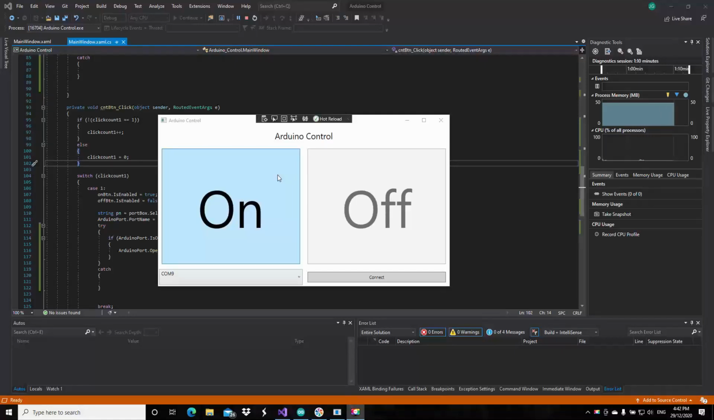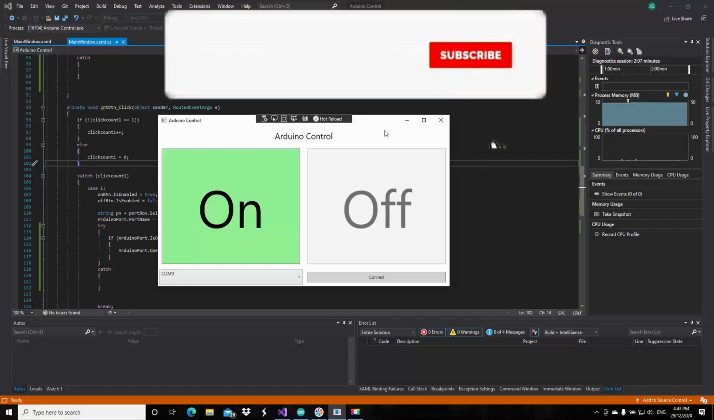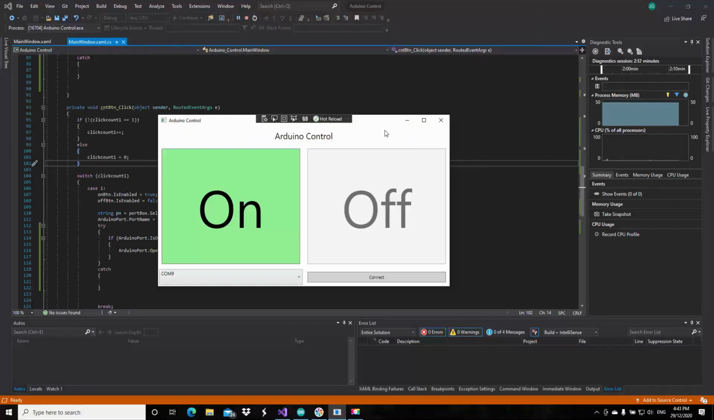I'm going to show you how to make an application to control your Arduino using C# and WPF, like this one. WPF and Forms both run on Windows. The difference between Forms and WPF is that each has some advantages. If you want Forms, I've got a video up in the cards right now which will show you how